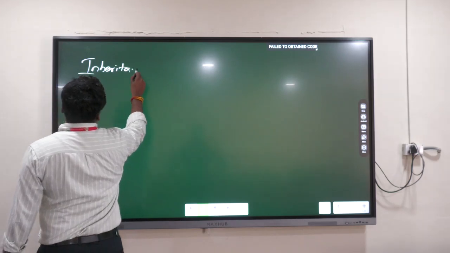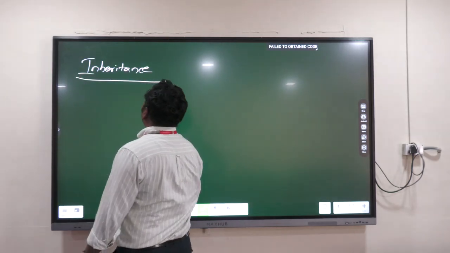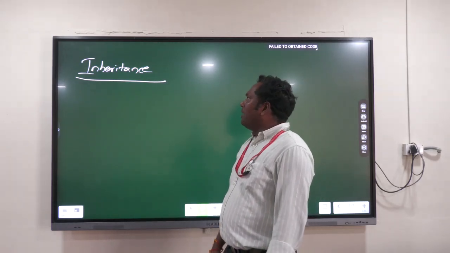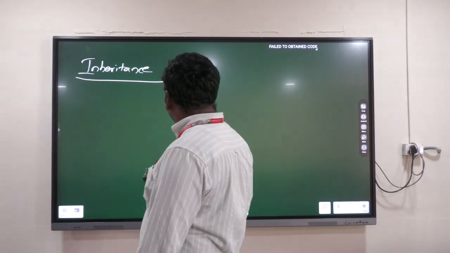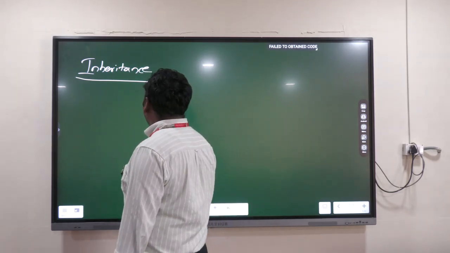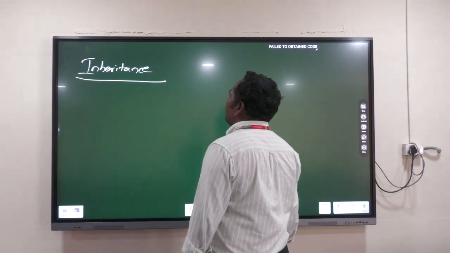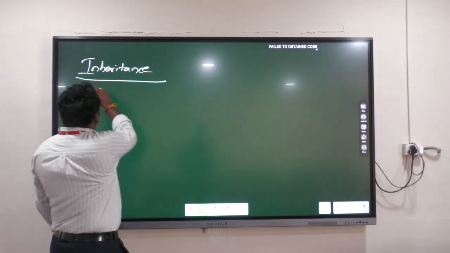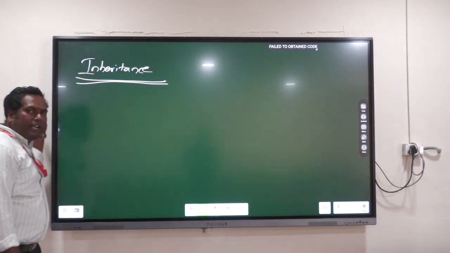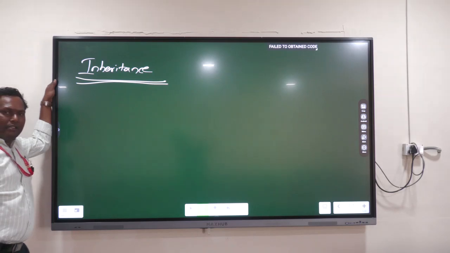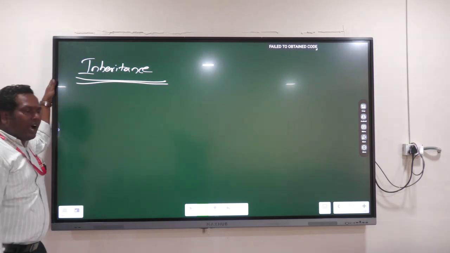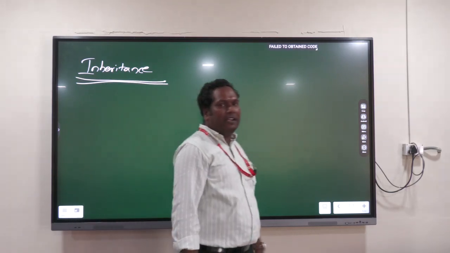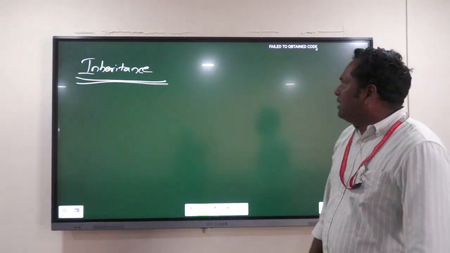So the next principle is inheritance. What do you mean by inheritance? Acquiring the properties of parent class object to its child class object is called as what? Inheritance. Like how we are inheriting properties from our parents,